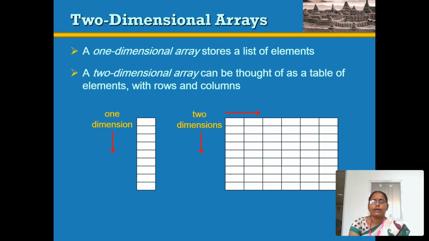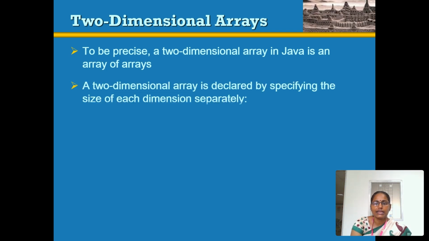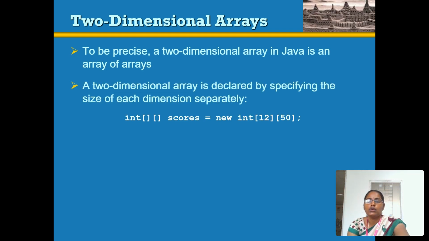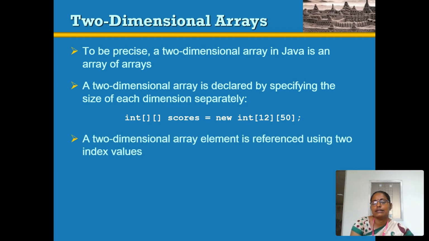only a set of elements. But a two-dimensional array, which represents a matrix or a table, has rows and columns. In Java, a two-dimensional array has two brackets, one for the x value and another for the y value, the first for the row and the second for the column. Here we also use the new keyword, which is used with a constructor to create an object for the array. In that syntax, we give an integer data type, and we pass integer values 12 and 50.